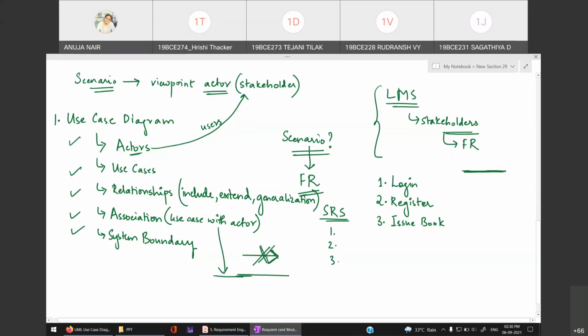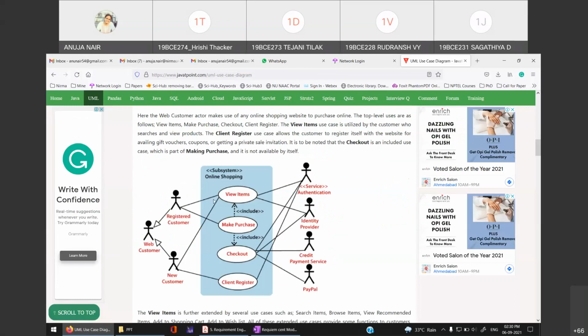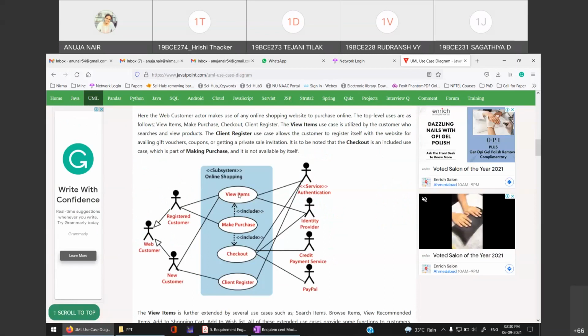I will not consider it. Okay. Now, when I read this diagram, how will I read it? Because I have connected a registered customer with view items, I will say that a registered customer can view the items. Now, registered customer is not connected with client register, right? Registered customer is not connected with client register. So whatever functionality this client register is, the registered customer will not be doing that,